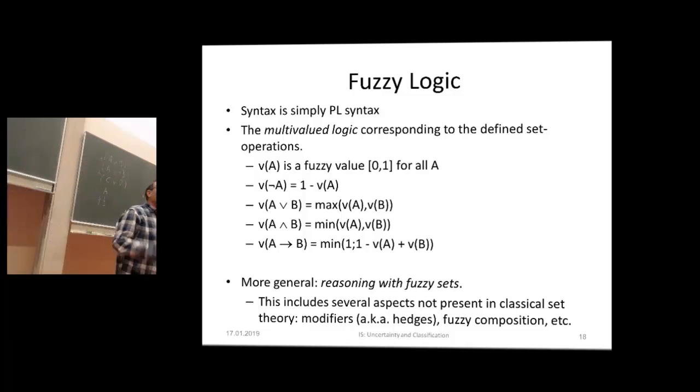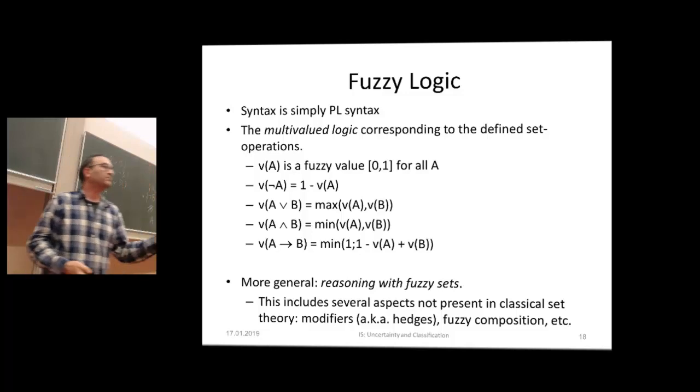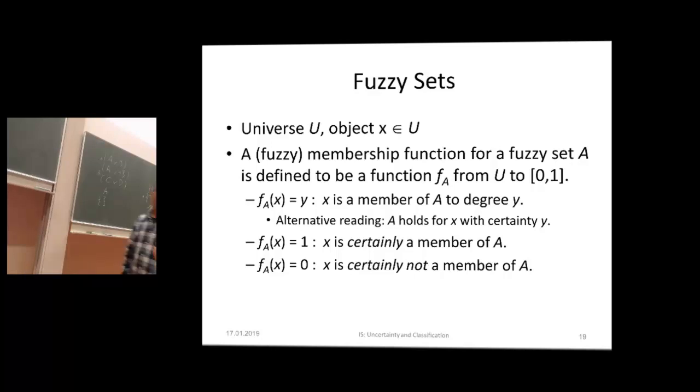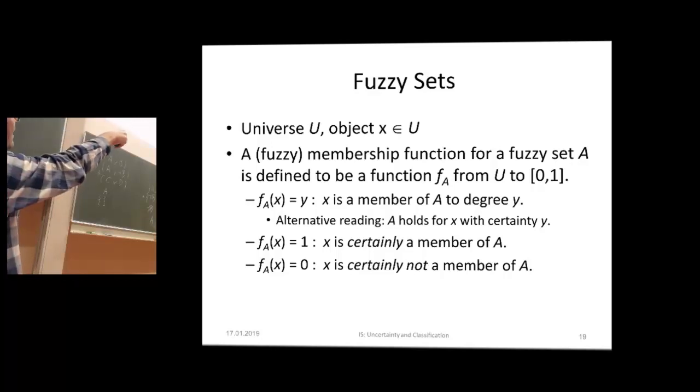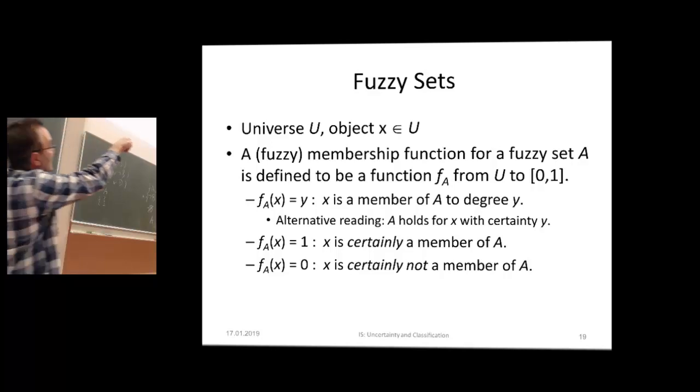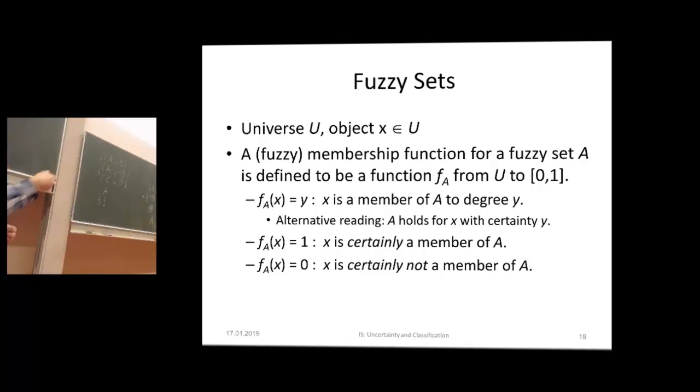So the fuzzy logic has a stronger big brother, and that's fuzzy set theory. And that is very similar, but now we talk about the sets themselves in our language, and we use classical set operators such as conjunction and disjunction and so forth. And again, we assign to a certain member, a certain variable, a value in the sense of a membership function to a certain degree. So the interpretation of this object x and y is now that A holds, for this A in the function, A holds to a certain degree